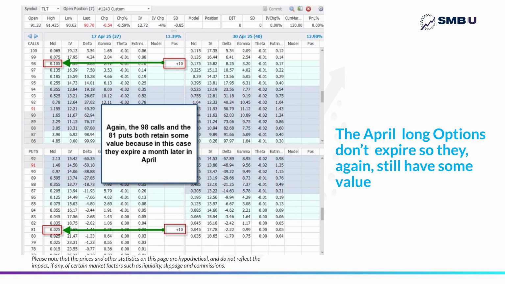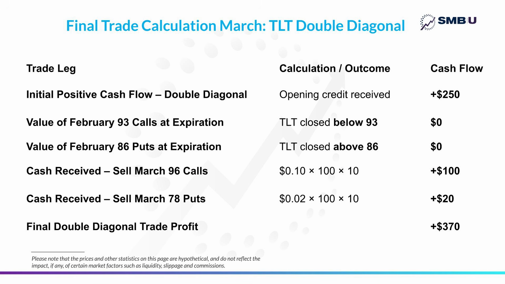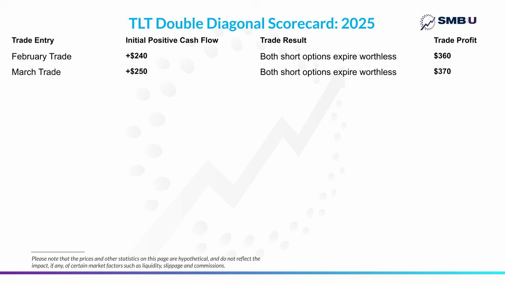So when we do that same kind of calculation, as you can see, we made a profit in this case of $370. And so at this point, we're going to start keeping a scorecard of how this year goes. So you can see that we entered the February and March trades, and now we're ready to move on to